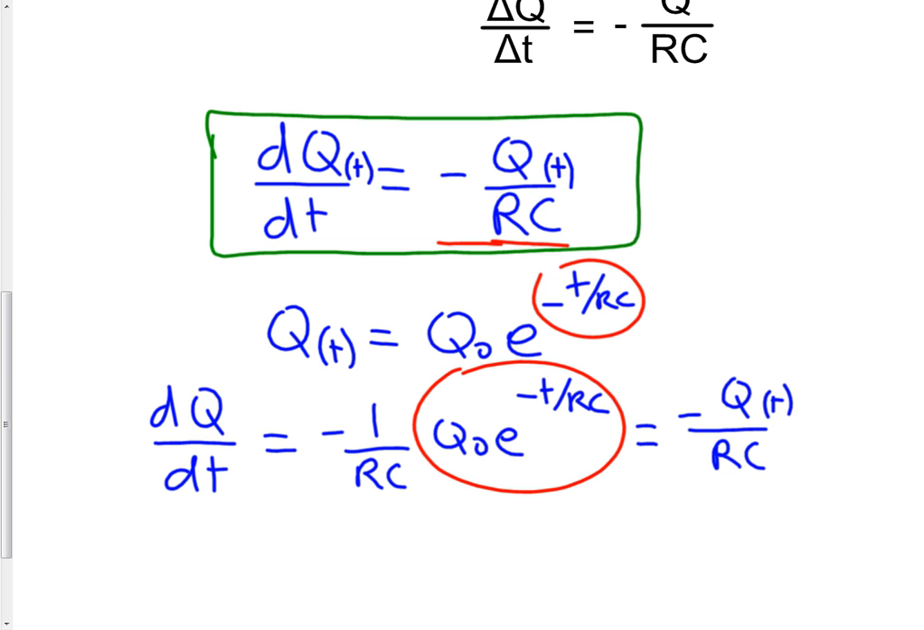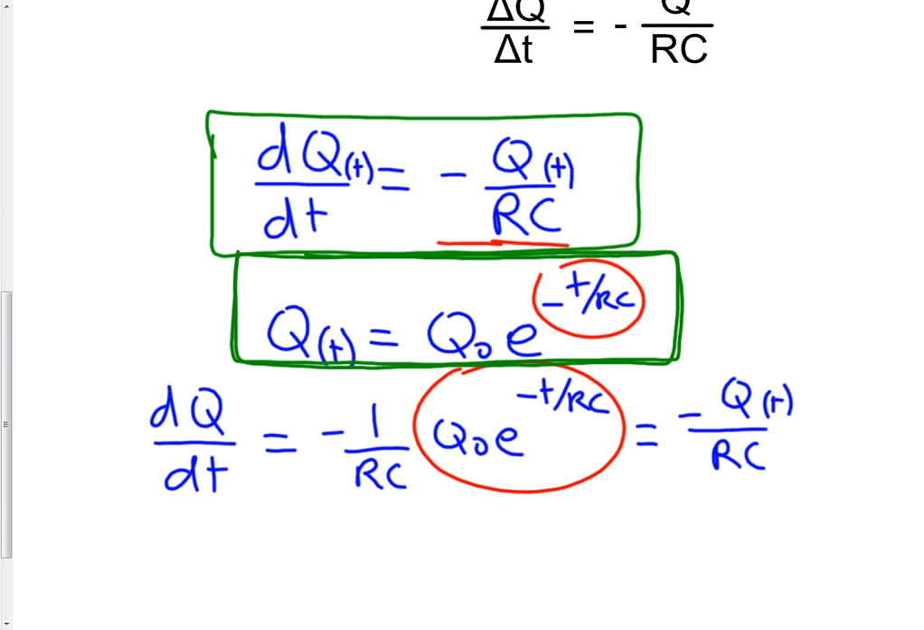So this here is going to be our function for charge as a function of time. So you need to know this. You certainly do not need to know the derivation of it, but that just shows you where it comes from. So this you do need to know. Q equals Q naught e to the minus t on RC,